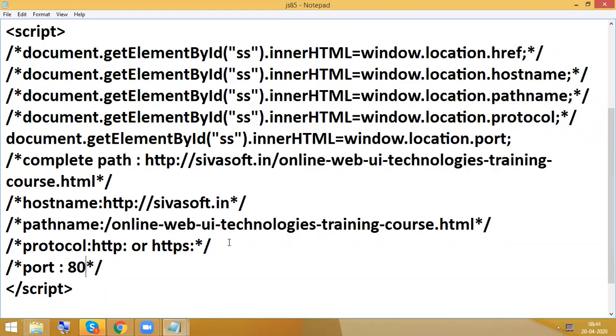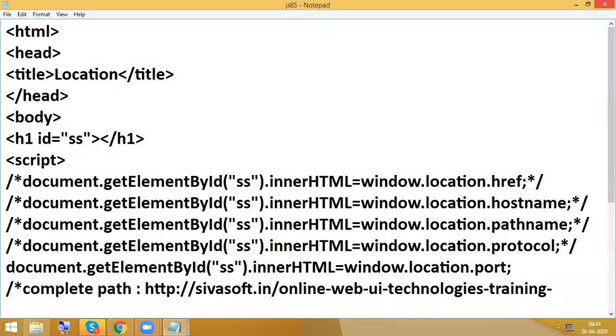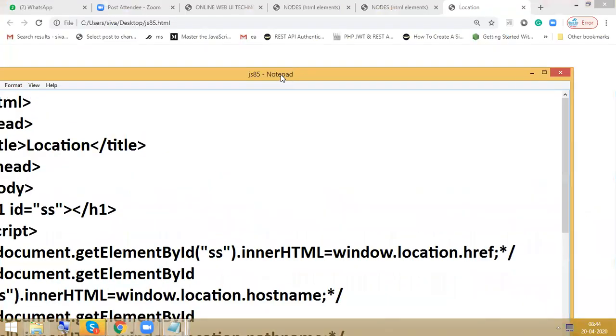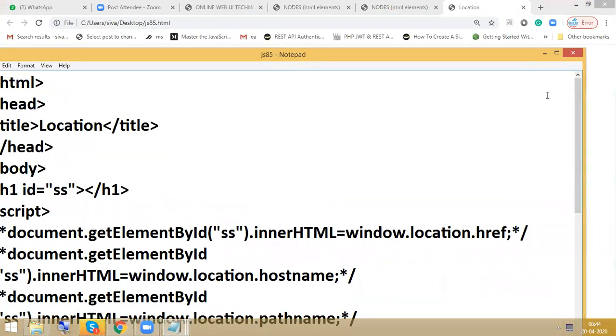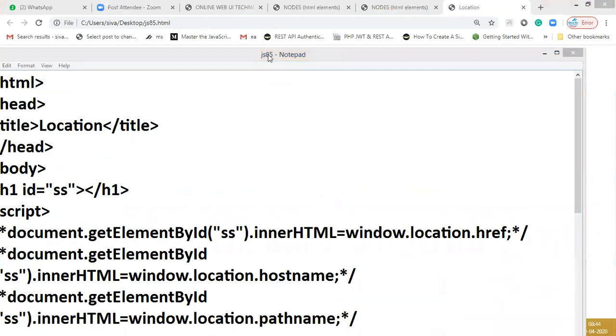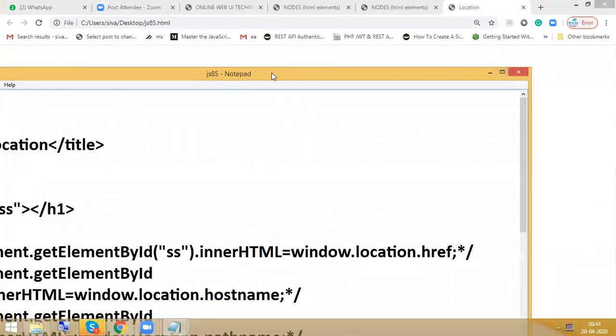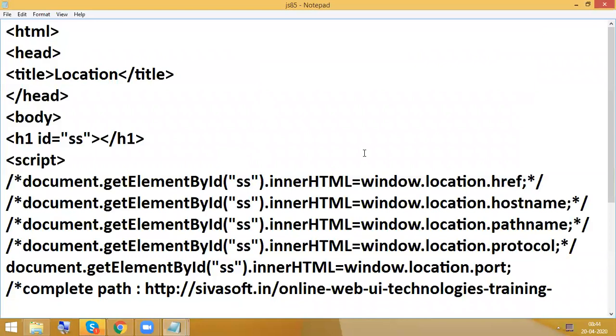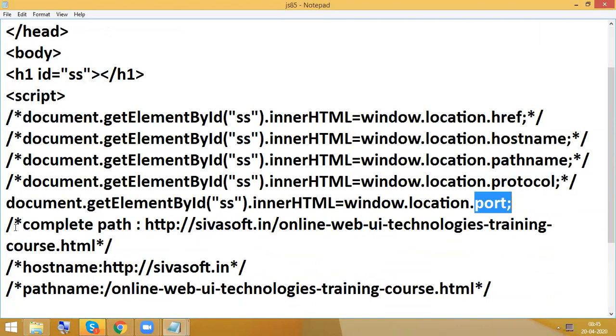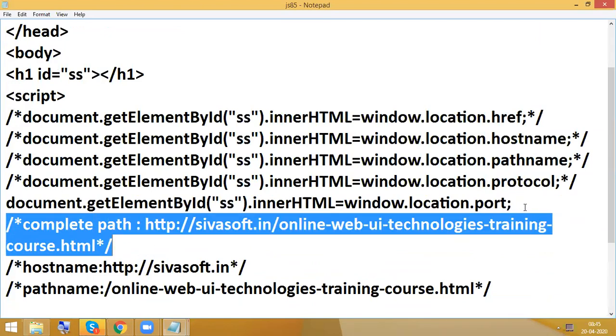So next, if you want to load any new web page or something like that, we can have it like this. I think time is completed, so I'm going to send a new link after this. Regarding this host name and path name, whenever you run from the live server, then only you are able to find them exactly, otherwise you'll have some confusion.